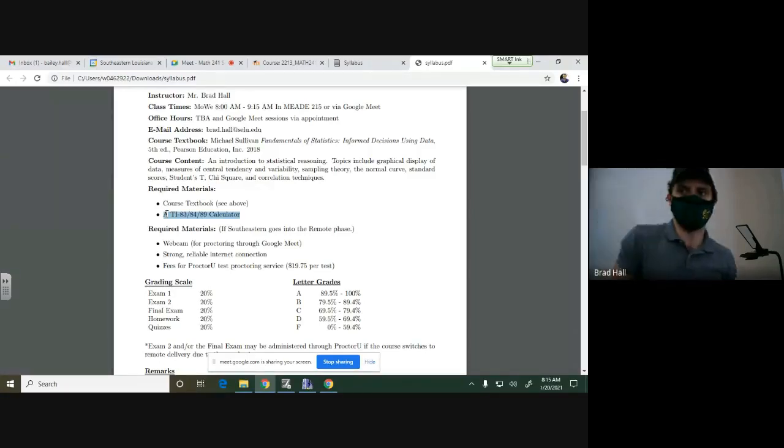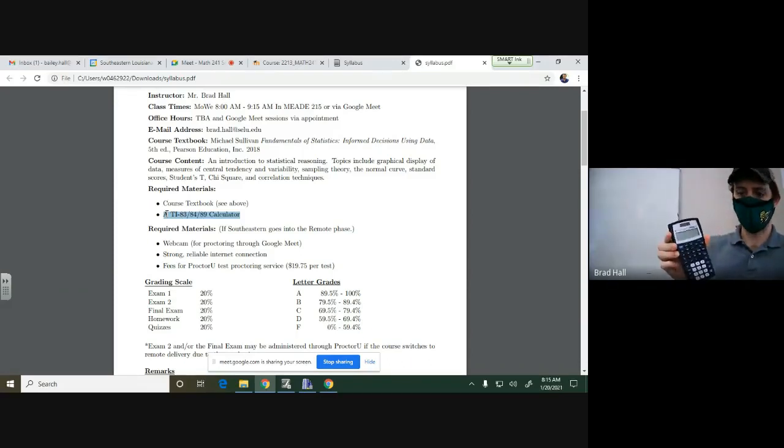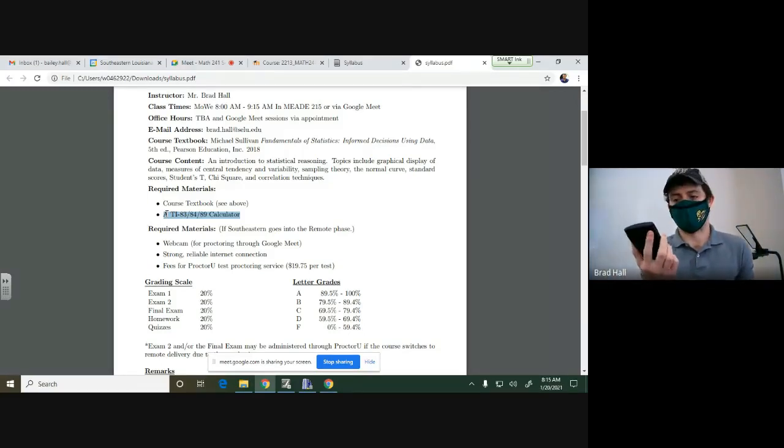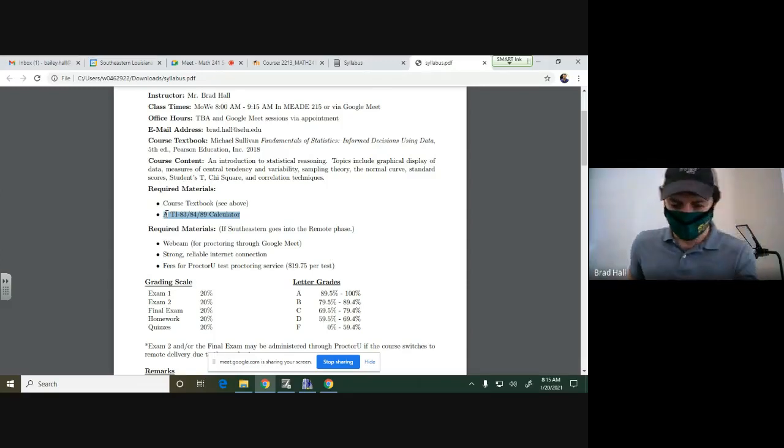if you're wondering, does my college algebra calculator suffice? The answer is no. This thing's not powerful enough to do the things we need to do in this class. So this won't be able to do, say, find the mean, or if it does, I've never looked into it enough to determine that. This calculator will be the calculator that I reference throughout the semester. And despite the changes in the number, the functionality and the interface is fairly similar throughout all the models. Give or take a few idiosyncratic methods that we probably won't even touch.